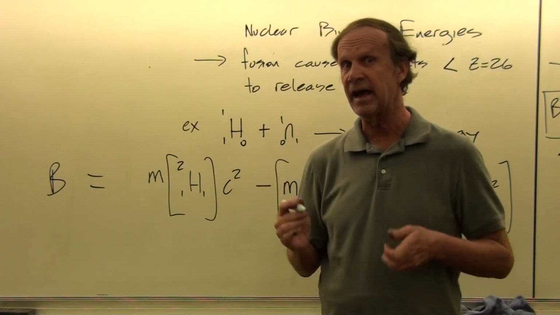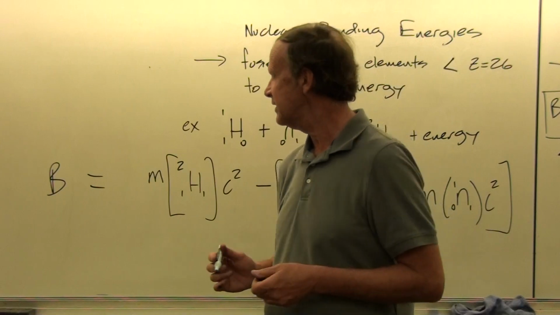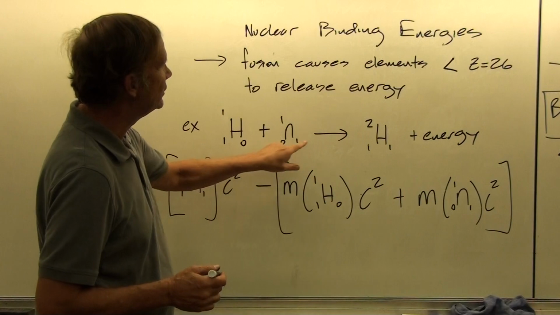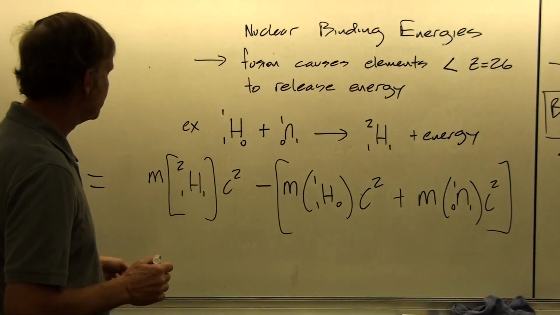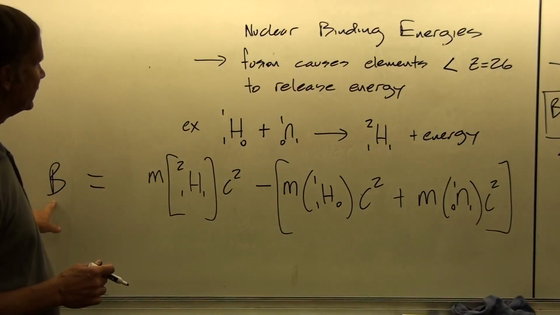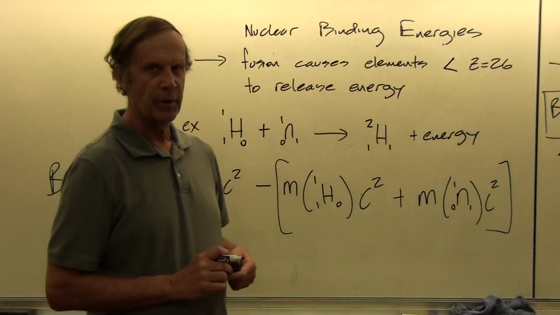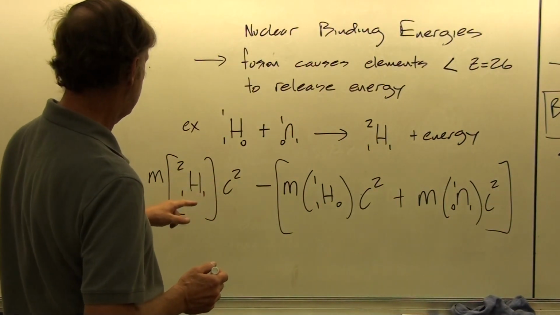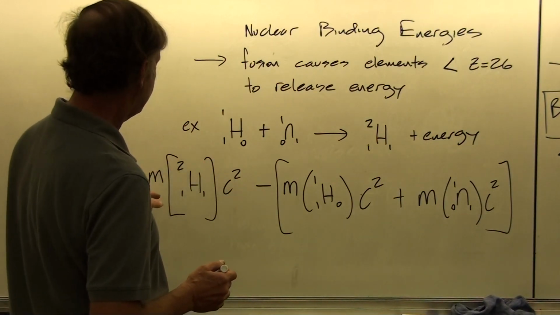That's this fusion reaction, but in that case, it's turning hydrogen into helium. Here I'm just looking at a simple example. We're taking a hydrogen atom, adding a neutron to give us heavy hydrogen, which has 1 proton and 1 neutron. And we observe that that gives off energy. We could prove that this is right if we compare the difference in the rest energies of these particles before and after the reaction. So this is the rest energy of the heavy hydrogen.